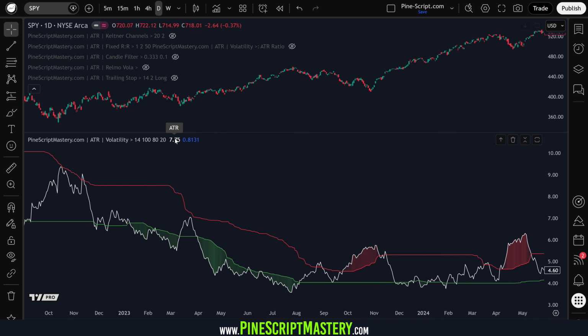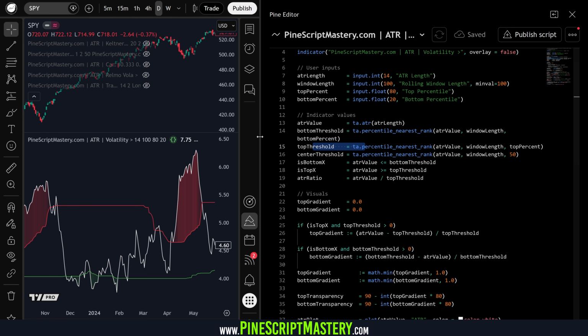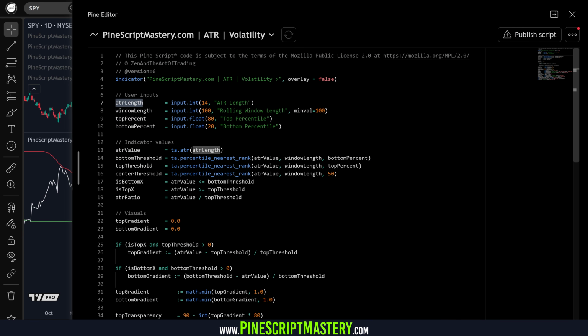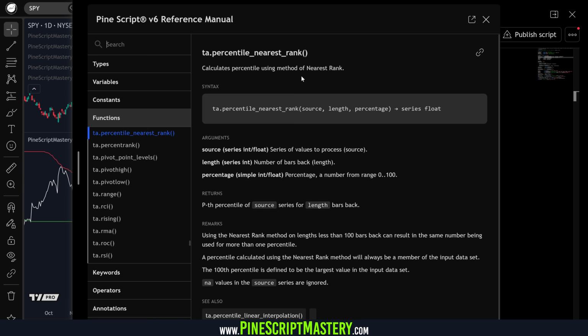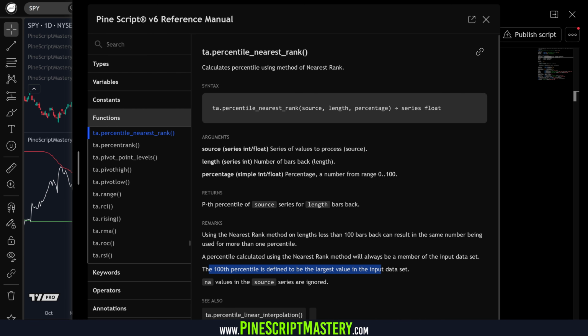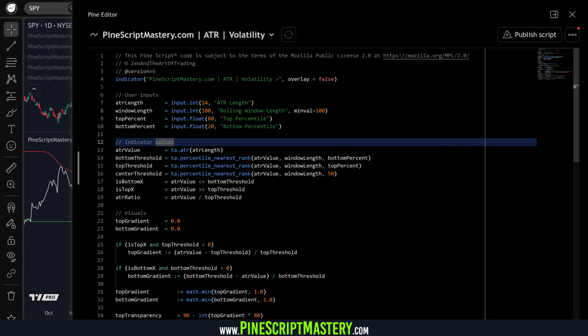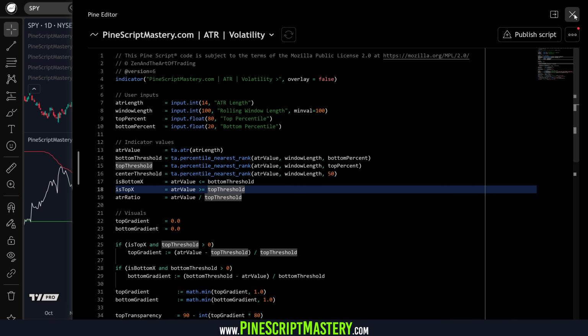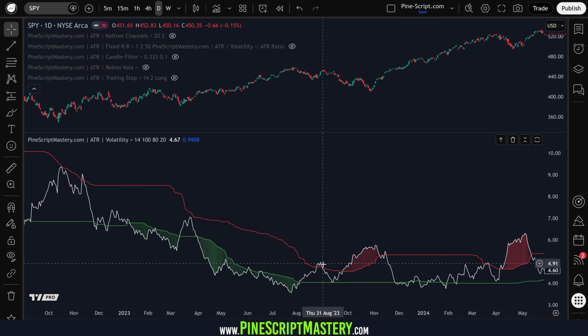Let's have a quick look at the source code of the script so you can see what's going on under the hood. So I'm just getting the ATR length, 14 by default, a window length, which is 100 bars by default, and then the top and bottom percentile, so 80th and bottom 20th percentile. Then we can use the inbuilt ta.percentile_nearest_rank function to get these upper and lower percentiles. And the 100th percentile is defined to be the largest value in the input data set. So we're just getting the extremes of ATR values over our lookback period, window length, so the past 100 bars,